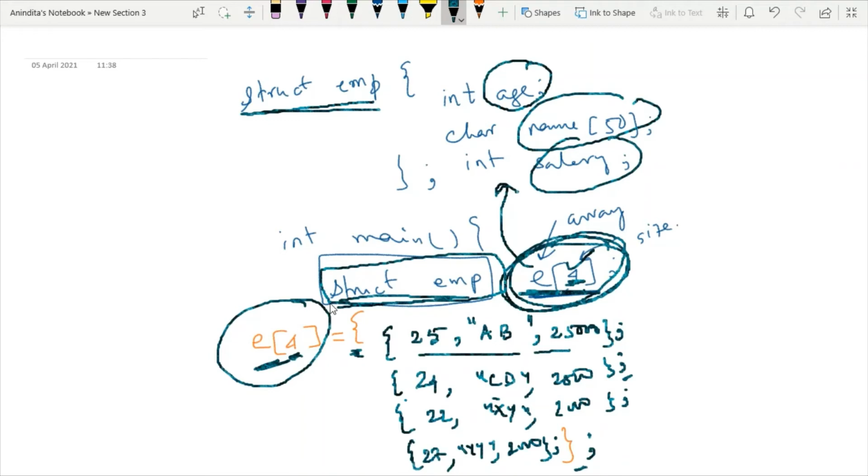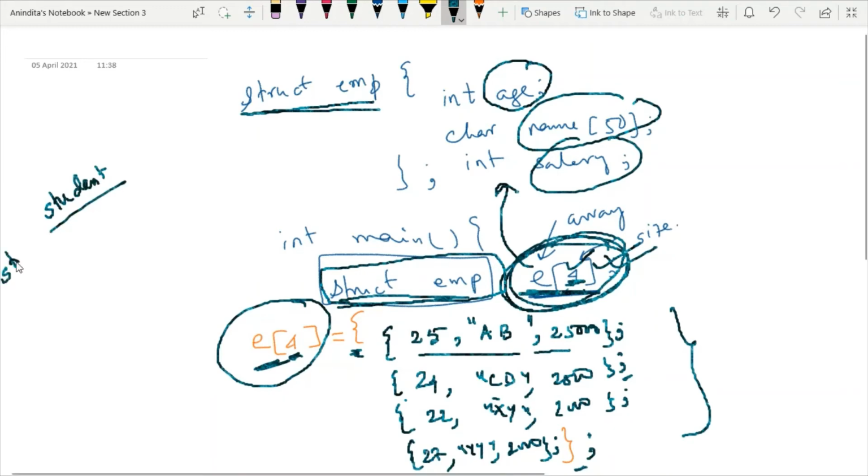But while defining this kind of situation, we have encountered one question: why do we need this kind of declaration? According to my discussion, I need an array variable for a structure when I want to store many employee details all together. But now consider one situation where I am talking about a student structure. Say I have a structure within which I want to store the student details. Now there will be one problem.